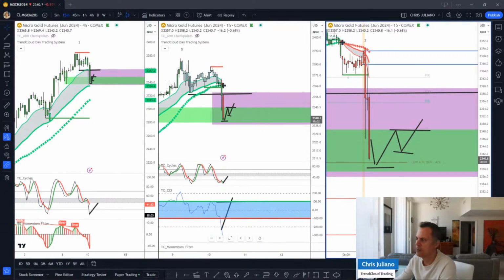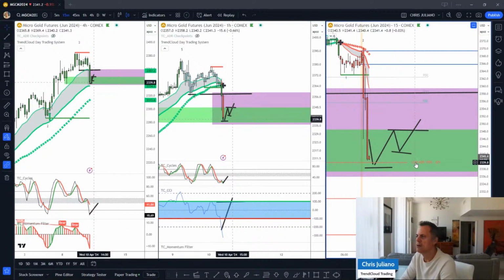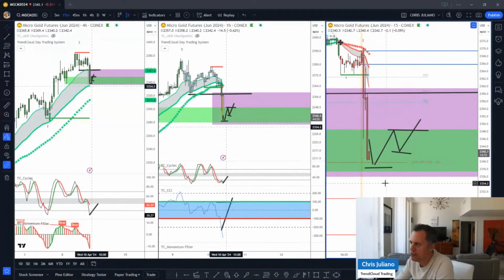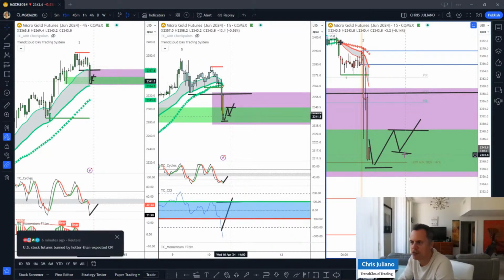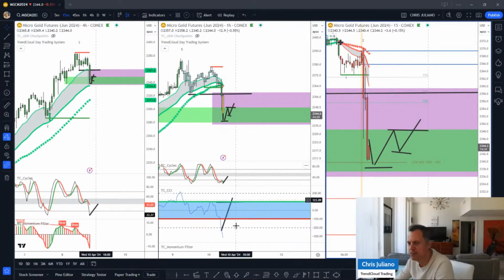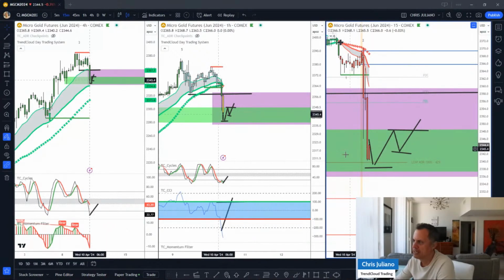Okay, here we go. We're coming up on that ADR checkpoint. All right. Well, why don't we just take the ADR checkpoint? Well, because that's not part of the plan. That's just one piece. That's just one observation. That's not a plan. The TrendCloud trade plan is to find, in this case, a demand zone and make